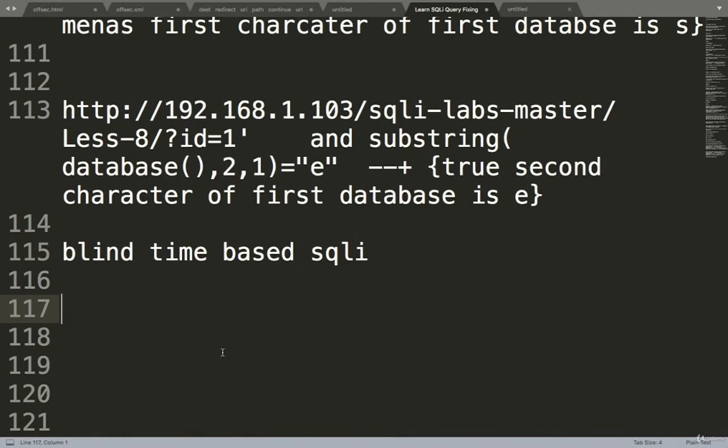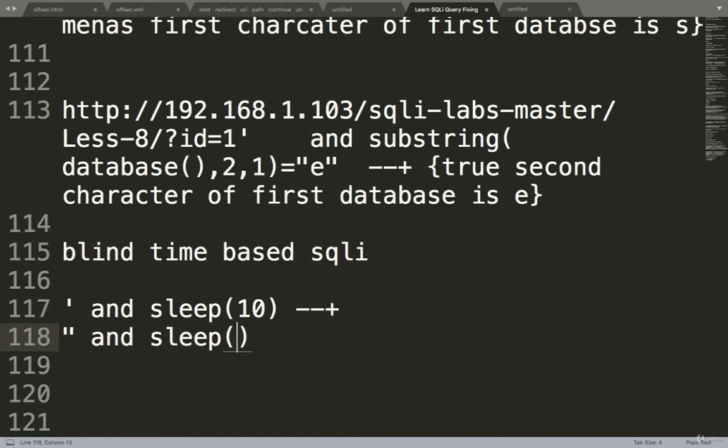For time based we don't know whether they are using single quote or double quote. I will use single quote and sleep 10, and if the application sleeps for 10 seconds then they are using single quote and the application is vulnerable to blind time based SQLi. I will try double quote and sleep 10.